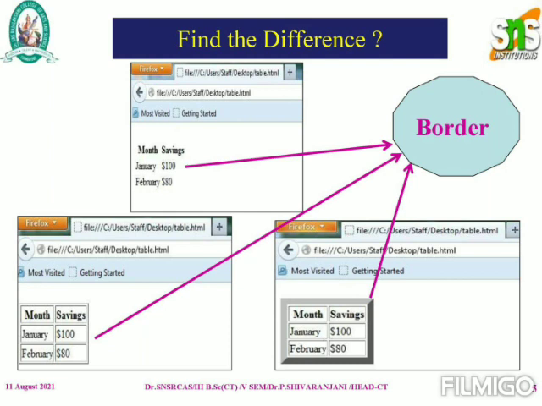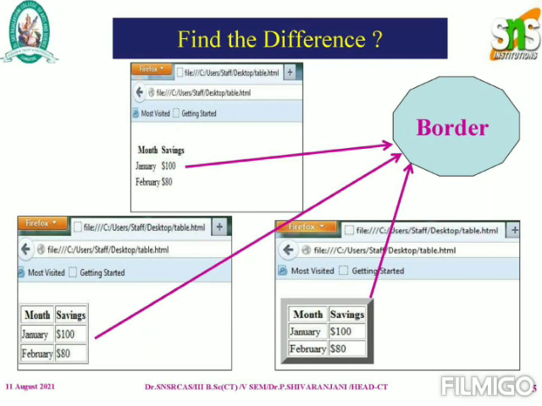The next one is that you can also add a border for the particular figure. In the 3 figures you can see the differences. The main difference in the 3 figures is the border. The first figure is without border, the second one has the border, and the third one has the border with an effect. For that the coding is as follows.